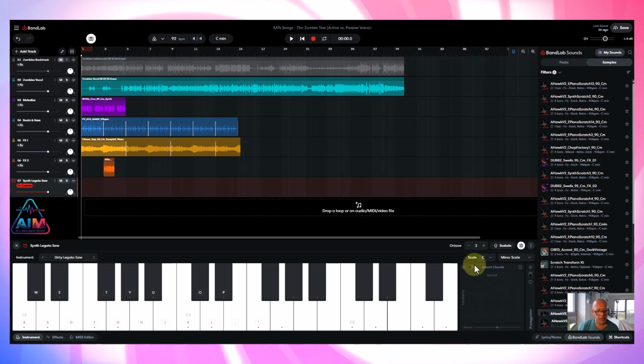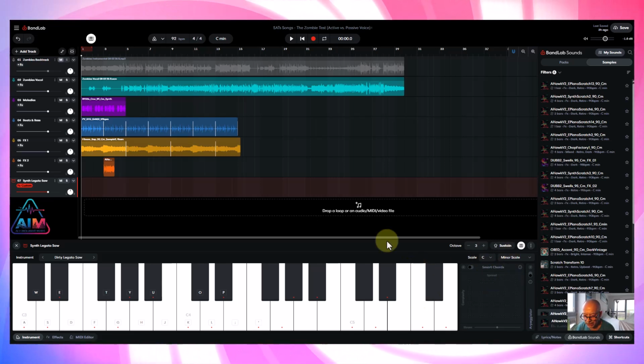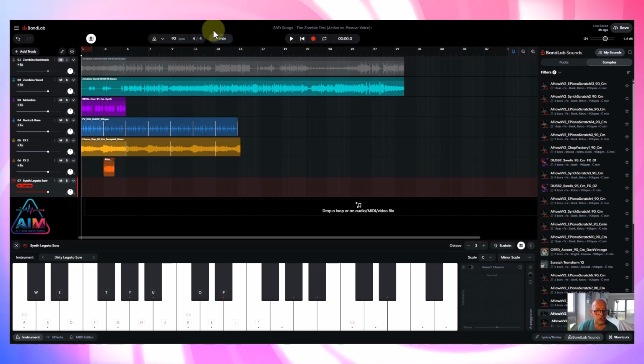If you look carefully over here, we can see we can set the scale. This might be for SEND children or those that need a little bit of extra help with playing a keyboard, if they're not familiar with it, it's very difficult. I've got a C minor scale, which matches the C minor scale of the song. And we can see there are some little red dots. These are the notes in the scale of C minor.